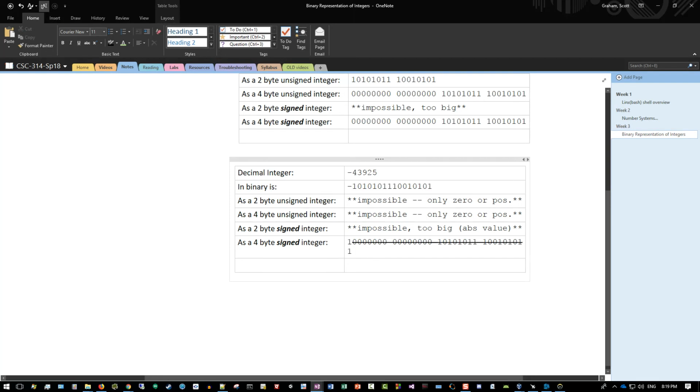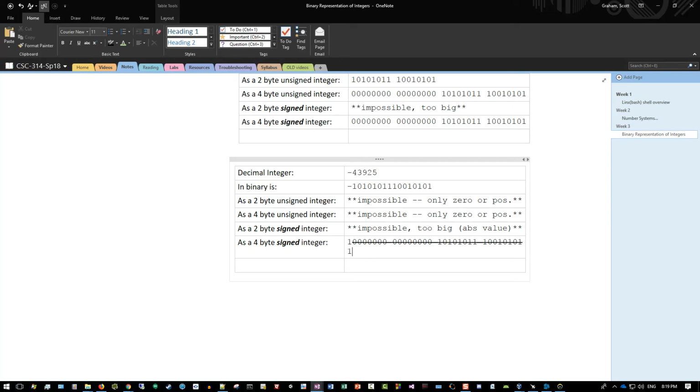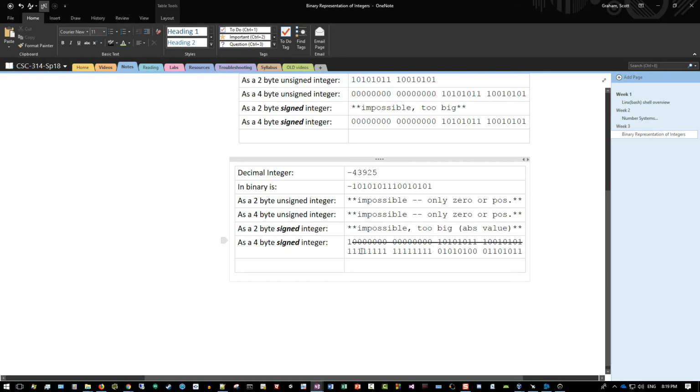We need a 1 to represent the negative sign, but actually almost all of these digits flip. We get 1 1 1 1 1 1 1 1 1 1 1 1 1 1 0 1 0 1 0 1 0 0 0 1 1 0 1 0 1. Almost we would say 0, but actually after you flip them all like this, now I have to add 1 back to that. So that last digit flips back from a 0 back to a 1. And this is the correct